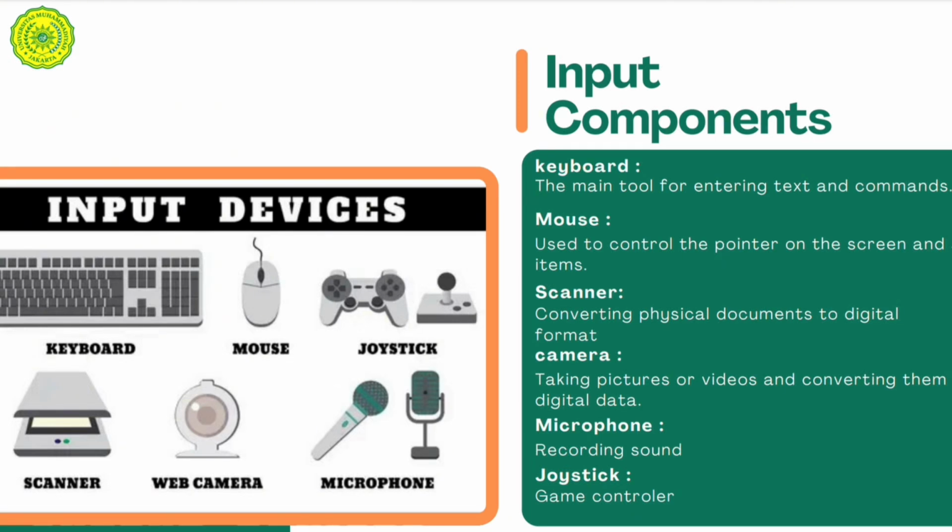Interpreting by the operating system. Operating system convert the scan code into a character or command based on the keyboard layout. For example, the scan code for the A key is interpreted as the letter A if the QWERTY layout is used. Feedback to user. Visual feedback. Character appears on the screen. Tactile feedback. The user feels the physical click in mechanical keyboard. Auditory feedback. Some keyboard produce a clicking sound when pressed.